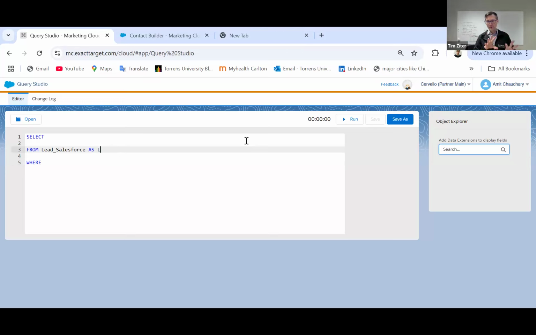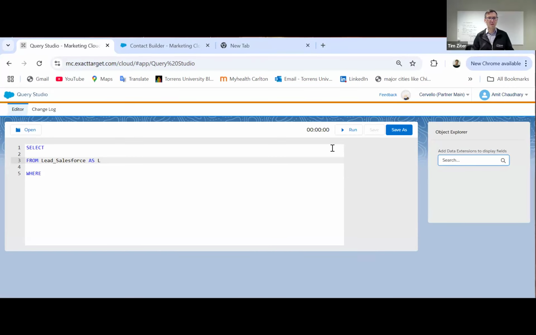We're going to also do a join to the account, but we're going to do that in a minute. So now that we know where our data is coming from, we want to start outputting some of the data that we need in order to send this person an email. So we're going to start with what we would use as a